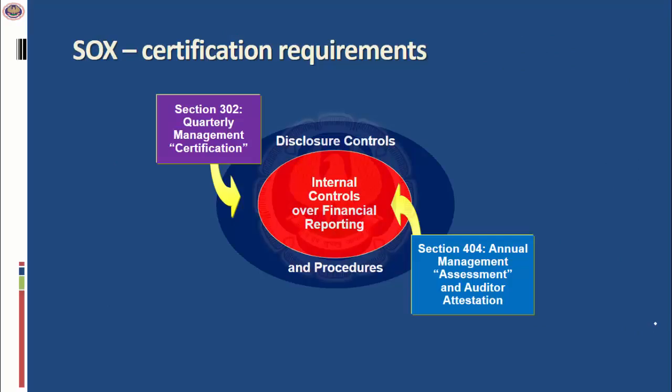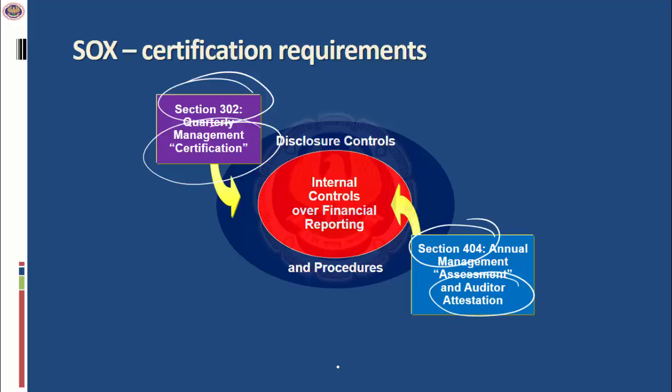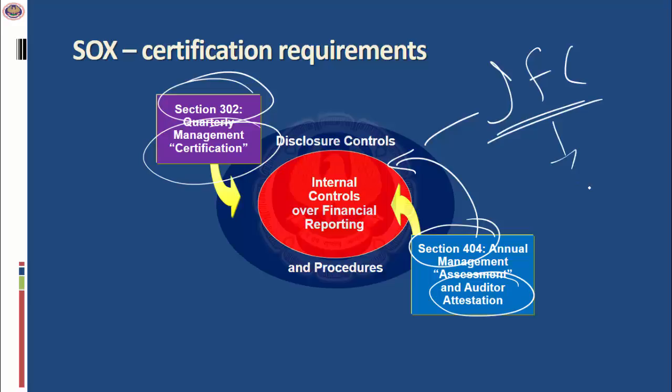So look at SOX certification requirements. There is a section 302, which talks about management certifying whether the internal controls as required and applicable for the enterprise have been implemented. You also have section 404, which talks about the annual assessment of these controls by the auditors. And this fundamentally is about the internal controls for the financial reporting. And this is what has now been brought in India in IFC, and IFC, you know, is applicable for all types of entities.